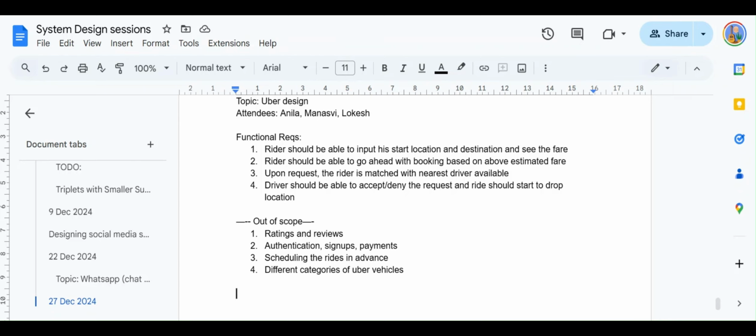You should not aim for 10, or even 6 to 7 functional requirements. The reason is that when you start the design, it takes a lot of time to build, explain and deep dive on the functional requirements, and along with them some non-functional requirements will also come into the picture.